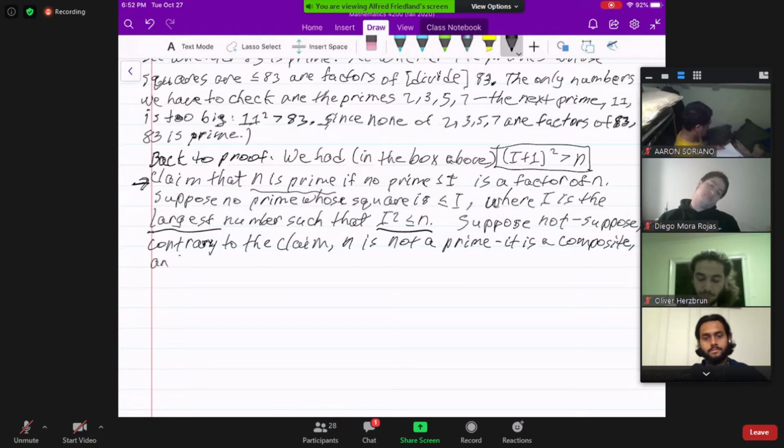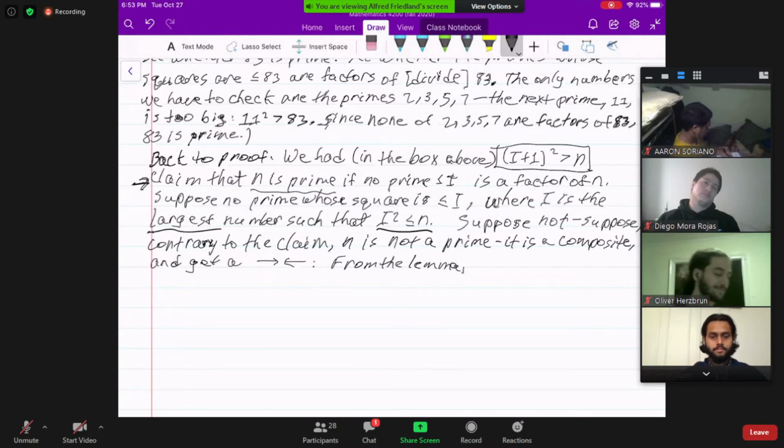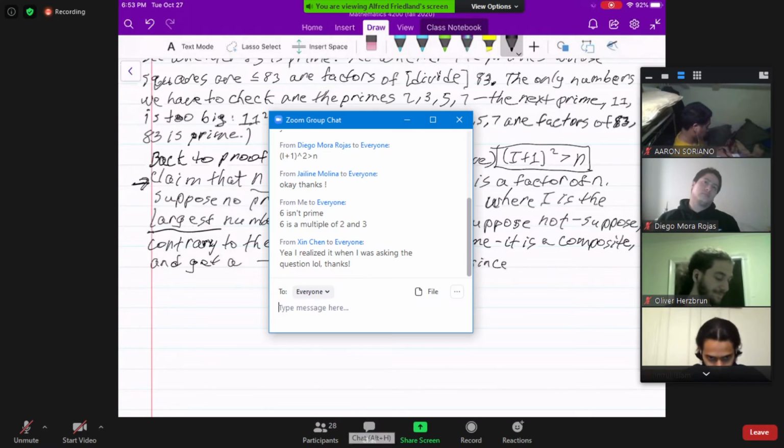And what do we try to do? We try to get a contradiction. Okay, from the lemma, since we are supposing, as a supposition,